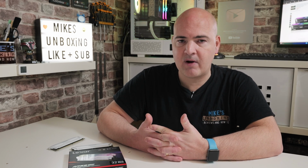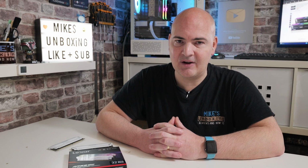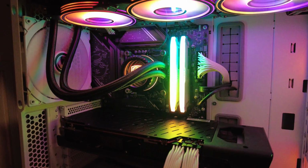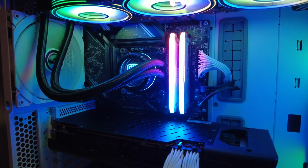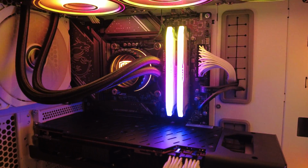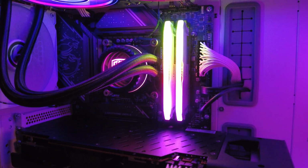Essentially the RAM has been great for me. I've had numerous problems, as some of you will know, with various platforms, especially with DDR5 over the last few months since it's become more popular. And I'm very happy to say that on both the AMD systems and also my Intel system, this RAM has worked absolutely fine. I didn't manage to get it to run at this 6400 megatransfers per second on my AMD system. I think that's down to the memory controller, so I did drop it down to 6,000 and it was